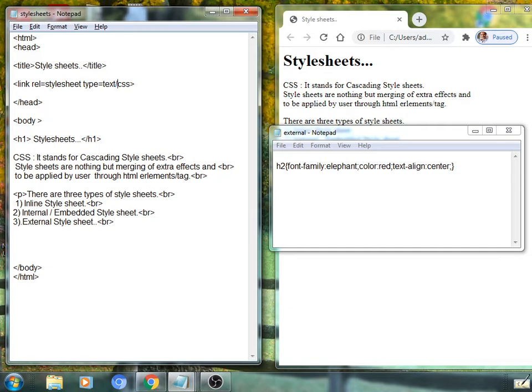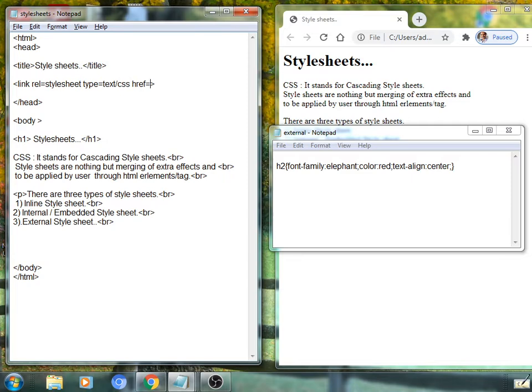Next, the most important attribute is called hyperreference, href. This attribute holds a value as the path of the CSS file where it is located.